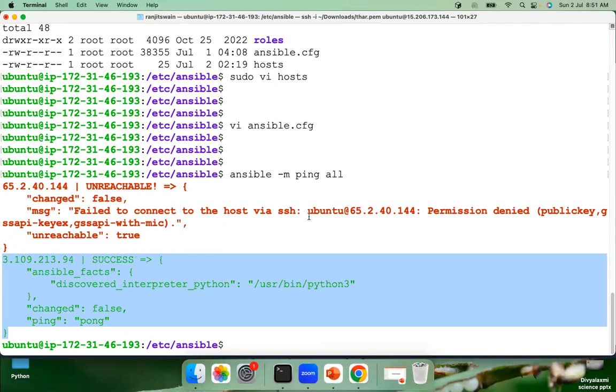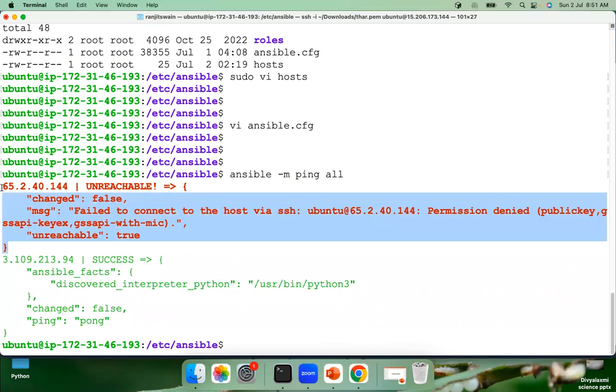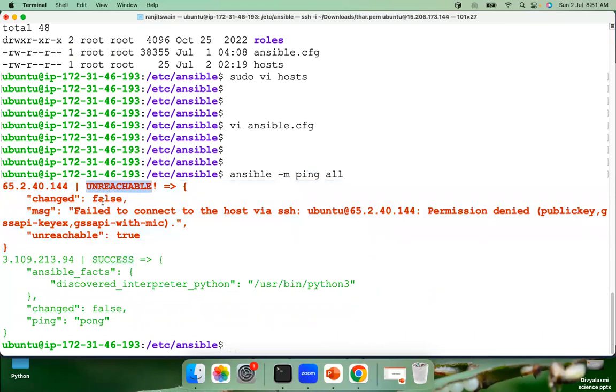Now I'll show you how we can work on the inventory file. That is most important, guys, to establish your inventory file, to manage your inventory file is most important. Now you can see here, when I just do ping to the available servers in the inventory file, it is giving unreachable for 1 and success for 1. Why is it unreachable? It says permission denied with the Ubuntu IP address. So the Amazon Linux user ID is